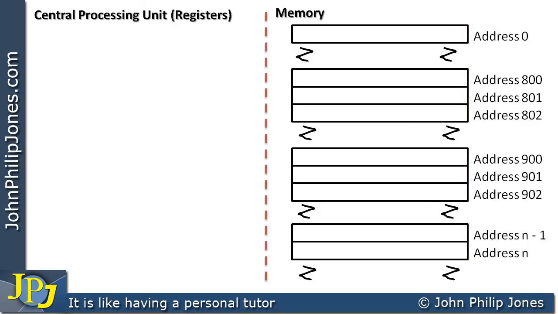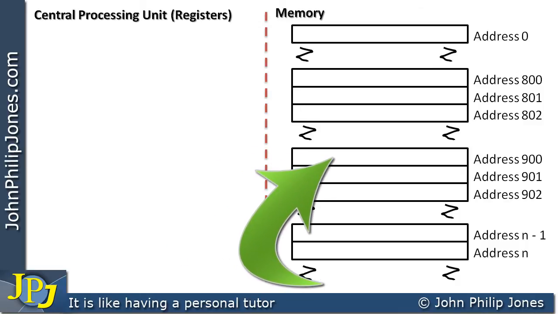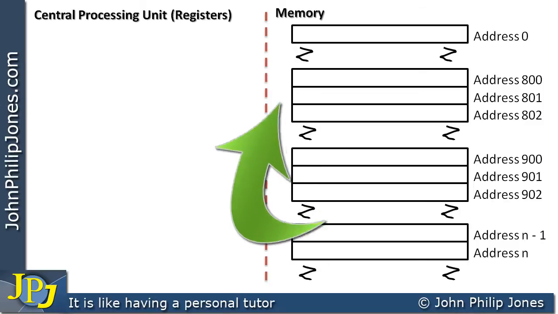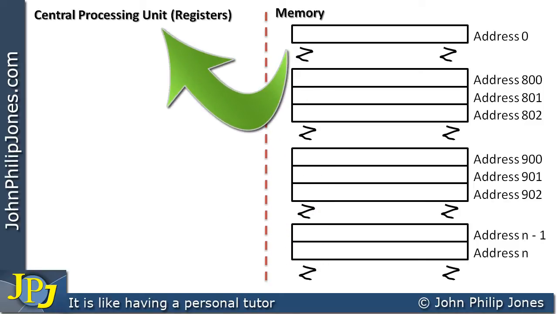As you look at the video, you can see there is a red dotted line, and to the right of the line you can see we've drawn the memory, and to the left of this line you can see that it says Central Processing Unit. Now there's obviously a bus system between them, but I'm simplifying things here. So what we're now going to say is, how do we load the memory, the random access memory, with a